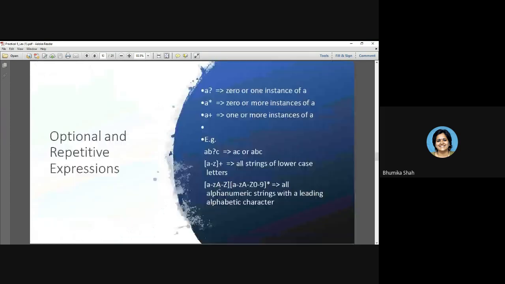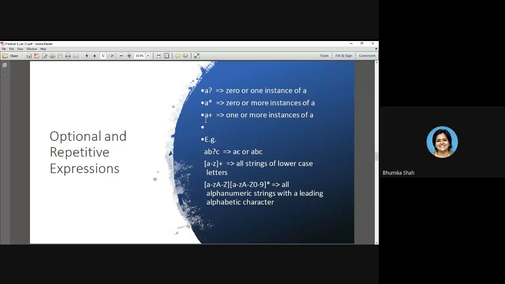Okay, fine. Now these are the operators we have already discussed. What is the question mark operator? As we have discussed in theory, a question mark means either 0 or 1 occurrence. So either you have epsilon, that is null, or you have a single occurrence of a. What is the asterisk operator, the star operator? 0 or more occurrences. So either epsilon, meaning the null string, or a single occurrence of a, or AA, AAA, 4 occurrences of a, and so on. What is the meaning of plus? 1 or more occurrences, right? So here null is not possible. The first possible string is A, then AA, AAA, AAAA, and so on.